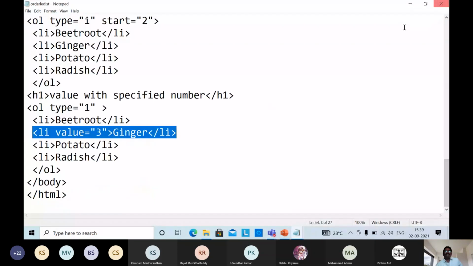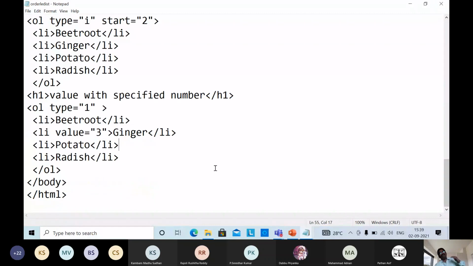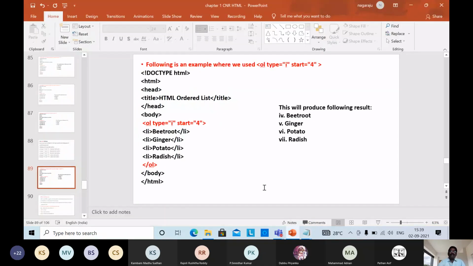So this is the list of items. Suppose you want to mention a list of items, you can use it. In an ordered list, we can use one attribute, type, and a second attribute, start. Within the OL, we can use the type and the start. But the li has only one attribute, the value attribute, so that we can change the value of it. And the next one is